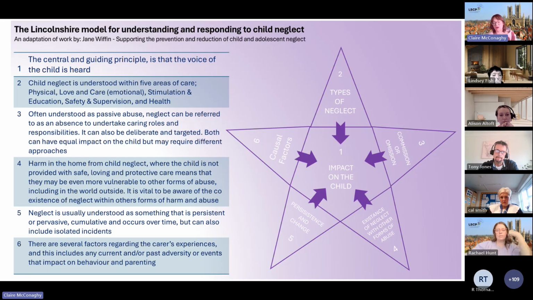But what we really want to be thinking of is not just what is the plan, but what is the lived experience of the child, and is that moving on. The impact on the child is really important regardless of a mission and commission, for instance. Just thinking about where the intentions of that care are. It's sometimes thinking about really, is this sustainable for this child, and what needs to happen in order to make this child safe, and having a good experience, and having the development that they need.